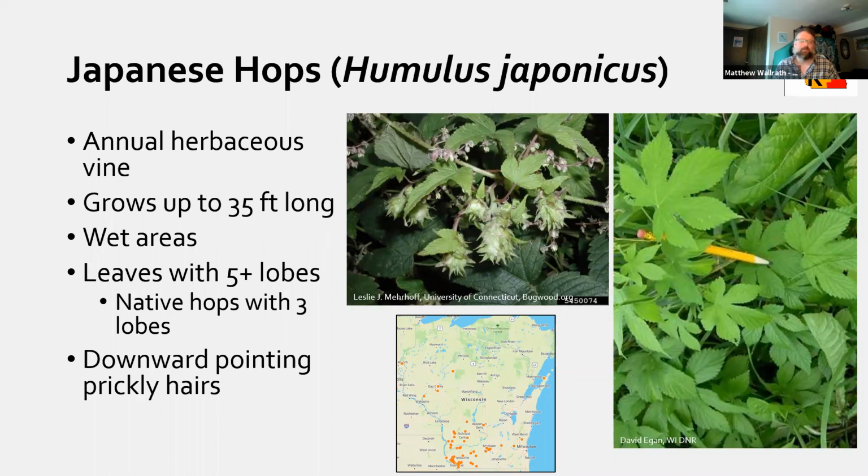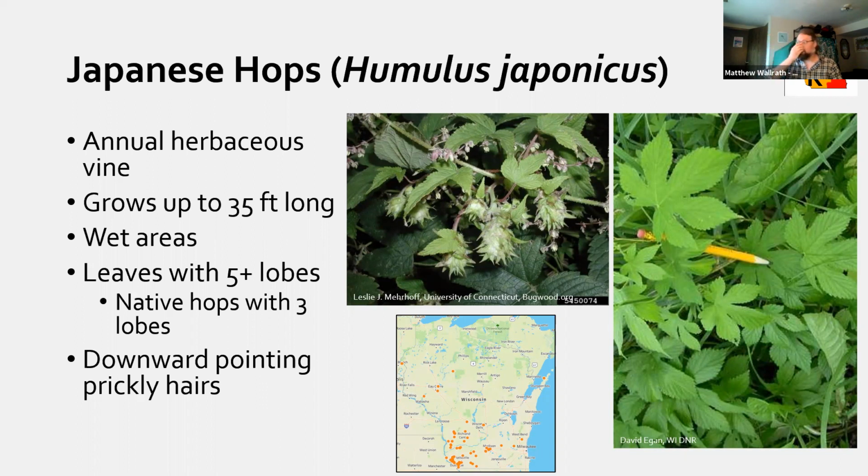Sorry, these hop cones are not going to get you an IPA, despite whatever you want. It's really prevalent in our region, especially moving up from the Mississippi Valley. You can see this map. So where I work a lot in the Driftless Area, it's a big problem because it's so widespread. It's restricted there, but we really want to make sure it doesn't spread to the other parts of the state